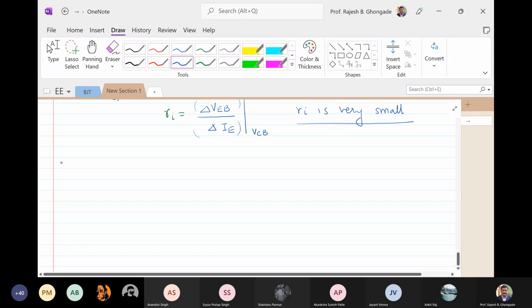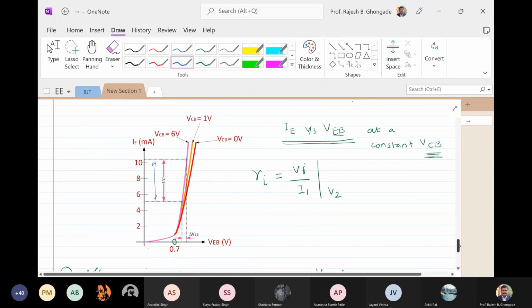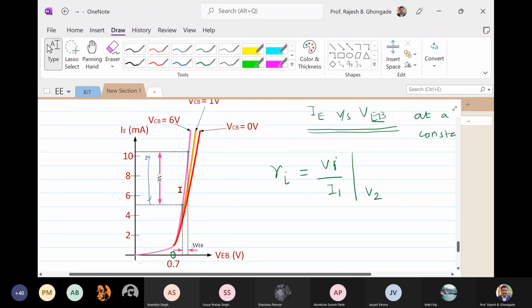Second observation, what we see here is that there is a slight increase in IE with increase in VCB. Now if you look at this curve, this is another way of saying that we get a separate set of curves when I change the value of VCB. Or if I put it over here in this context itself,